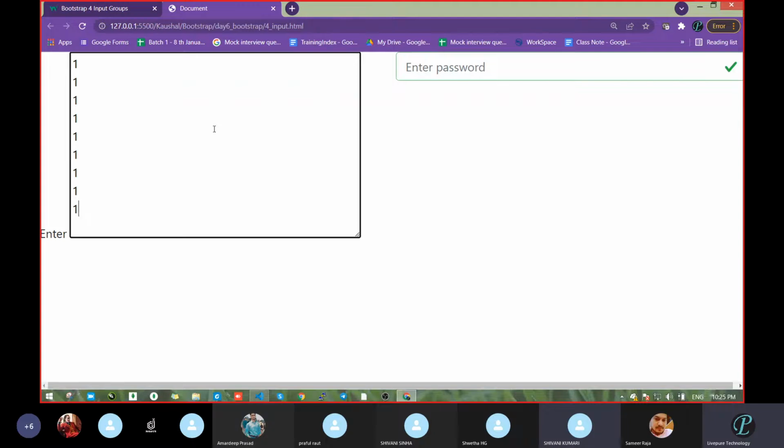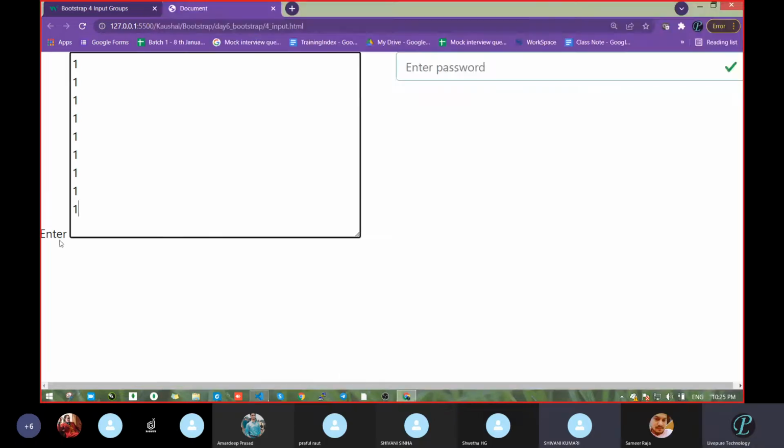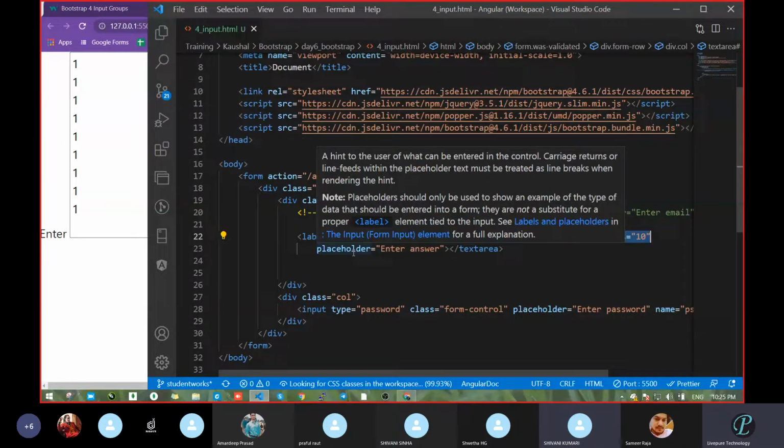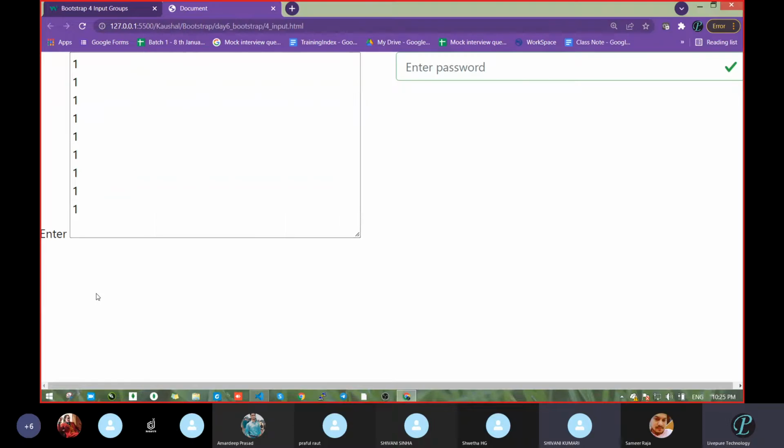So it occupied 10 lines from top to bottom. That's why it's looking like that. So if we pass padding, then we can. With the help of CSS we can do all things. Okay, just try. If you do not get it, we will try that.